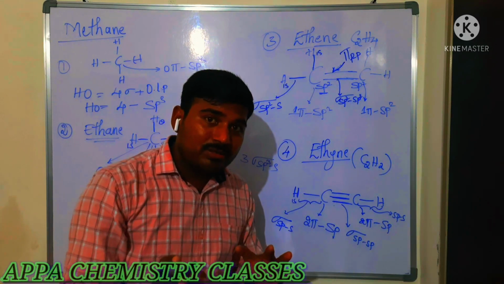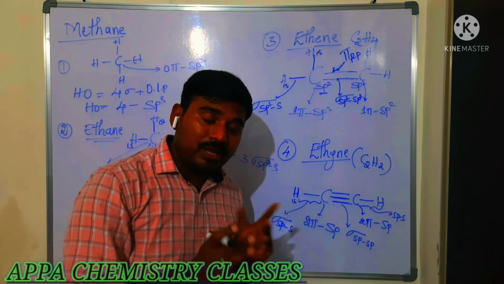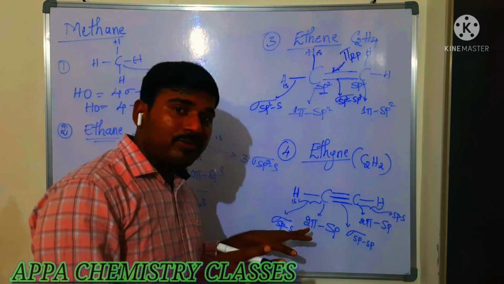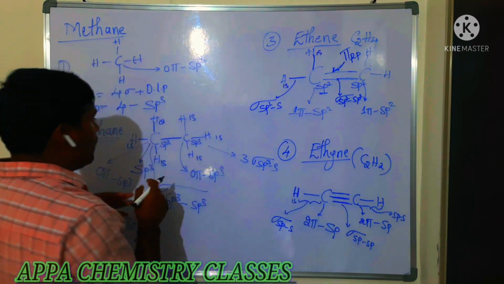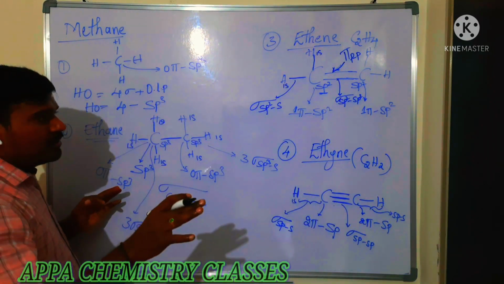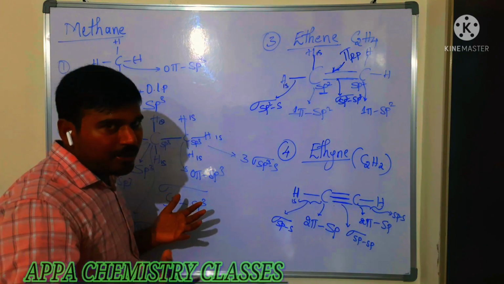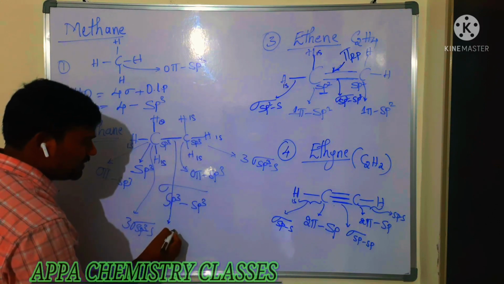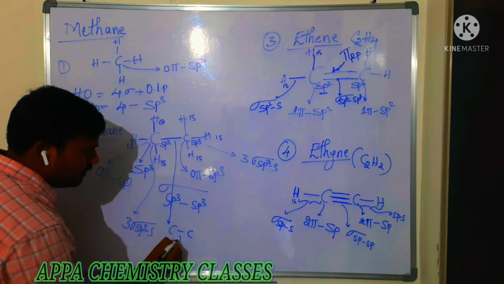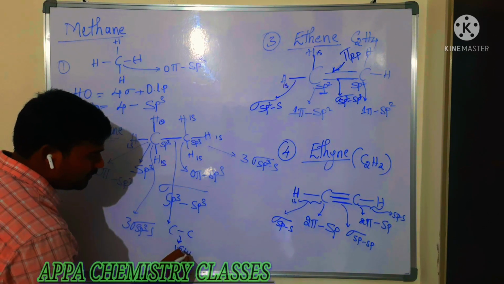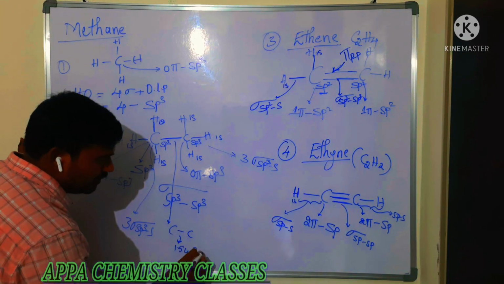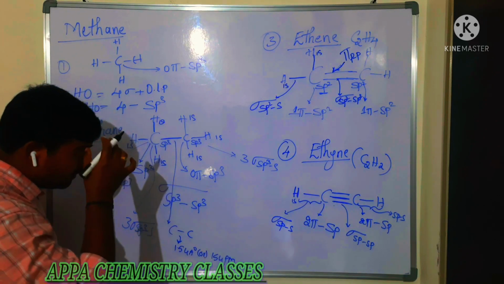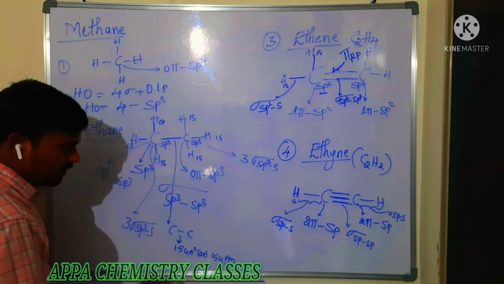Am I going fast? Try to focus on it. We have to discuss some more examples. Okay? Is that clear, everyone? So the types of bonds we have seen. Simply I will say here, we'll have a separate study on bond parameters. We'll see here. It is a sigma bond, single bond between this C-C carbon. So its bond length will be 1.54 angstroms, or else you can take 154 picometers.